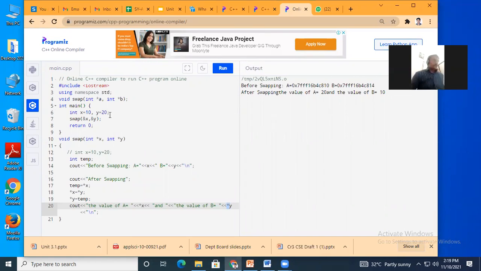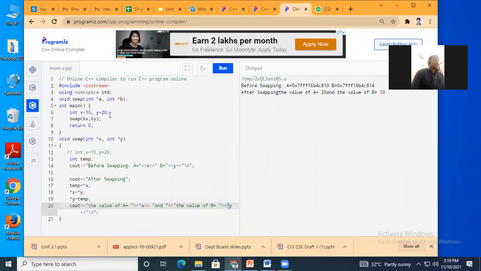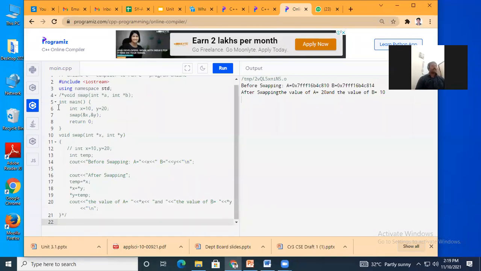Okay. See, without pointer concept, if you are passing the value to the function, we called it as call by value. Okay, for this now, I will make a comment to complete program. Okay, I will go and I will use this only main.